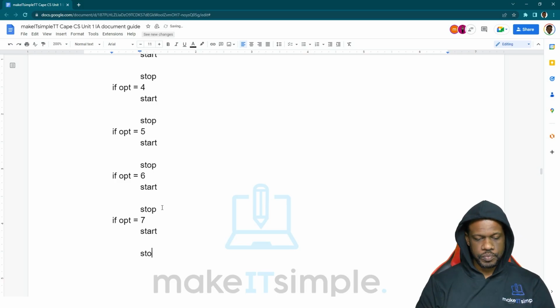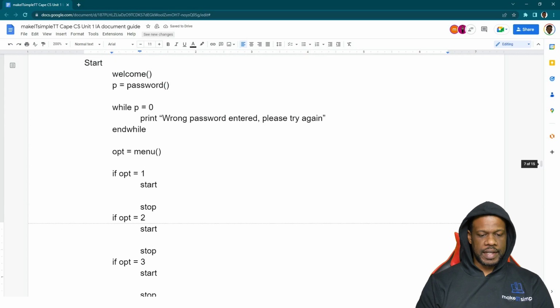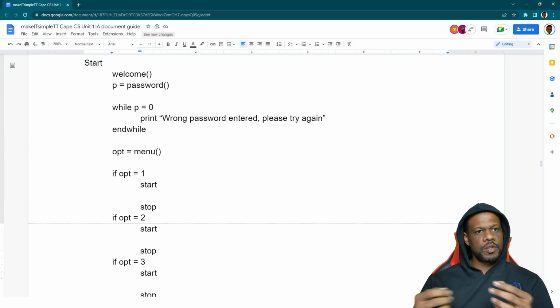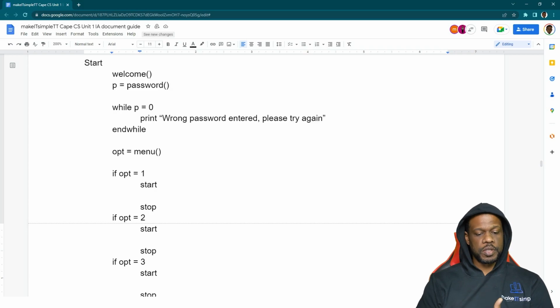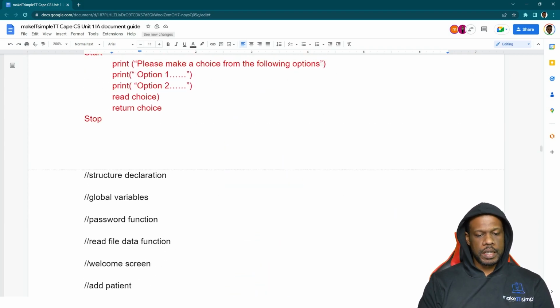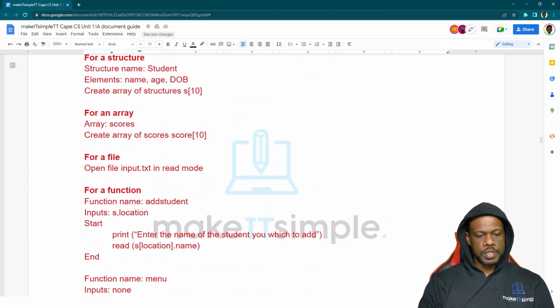Right. So this is going to give us a nice little menu rundown to be like, all right, based on what the option in the menu returns, we know what we have to do based on option 1, 2, 3, 4, 5, 6, 7, all the way down here, right? So option 1, according to my menu choices, is going to be,